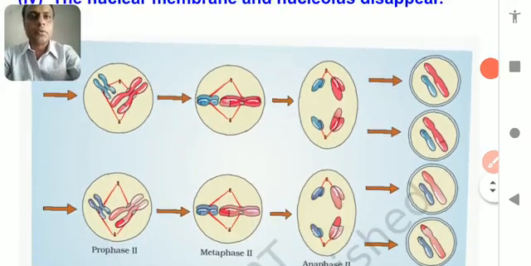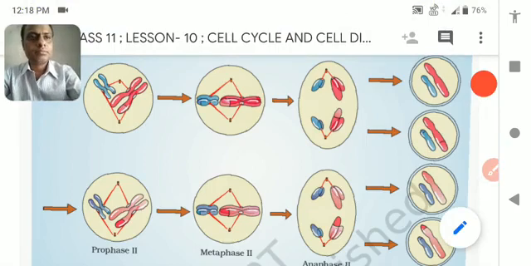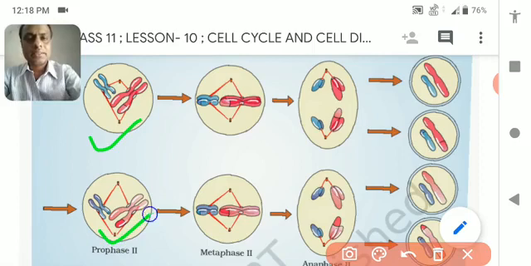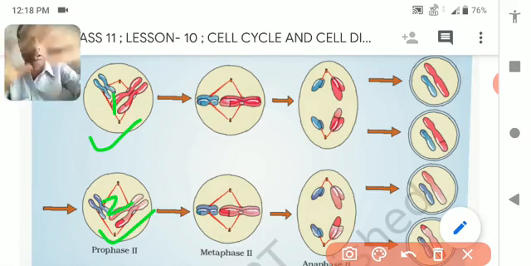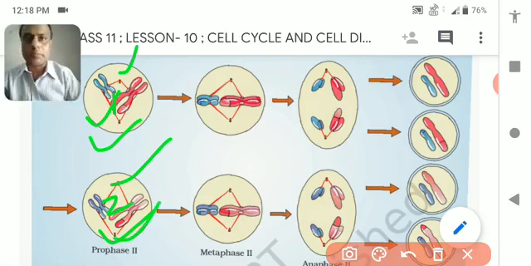It is prophase 1. In prophase 1, what can you see? Yes, it is prophase 1. The two daughter cells, one daughter cell and another daughter cell, are going under the division. So during prophase 1, all the chromosomes are spreading in the cytoplasm and spindle fiber formation has taken place.